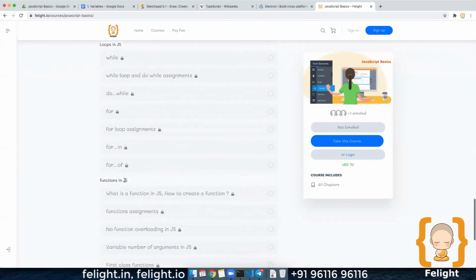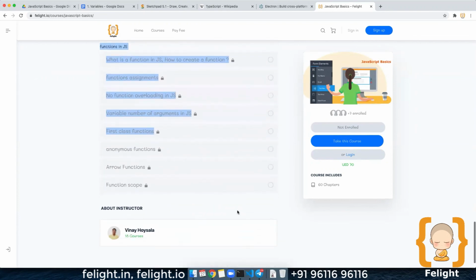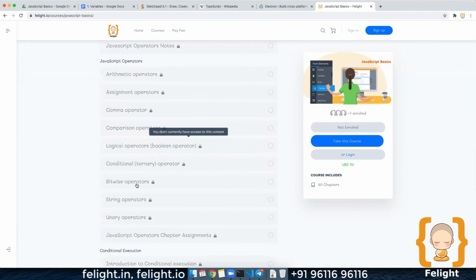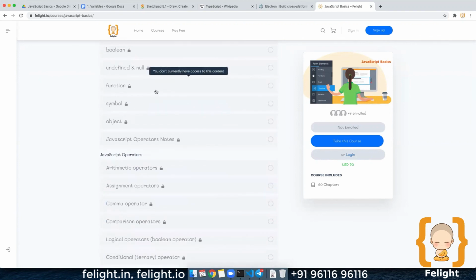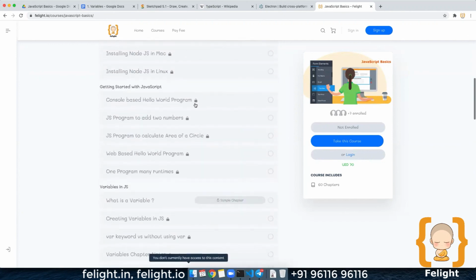For example, there's a function chapter, and in that, this many lessons have been added to functions. Objects are covered in OOPS, and symbols are also covered in OOPS using JavaScript. So it's not necessary, you can just skip that and go forward.